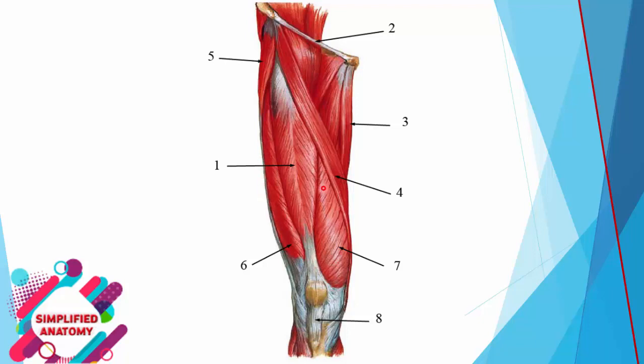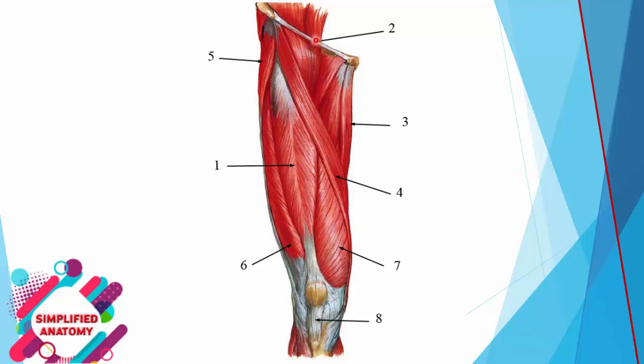This muscle is quadriceps muscle. Number 1, rectus femoris. Number 6, vastus lateralis. Number 7, vastus medialis. And if you remove number 1, there is a deep head which is called vastus intermedius. The heads of the quadriceps are inserted into this tendon called quadriceps tendon, then go to the patella. From the patella extends ligamentum patellae, number 8, which extends to the tibial tuberosity.